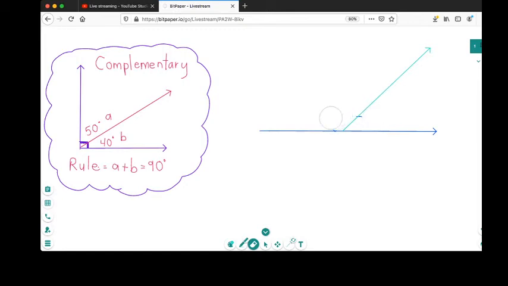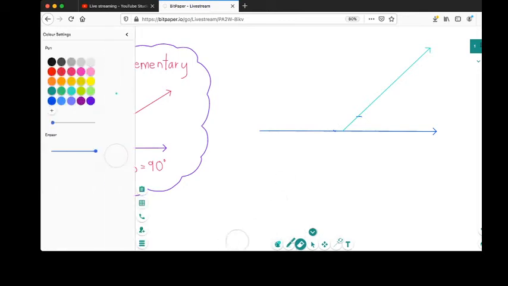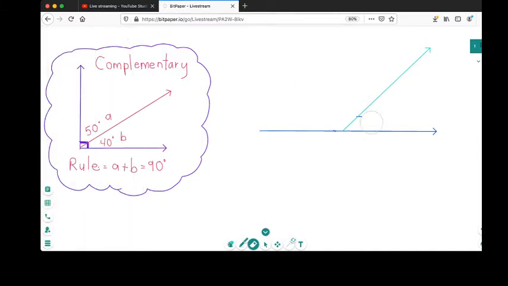Let's say that this one side is equal to, I don't know, 60 degrees, and over here, this side is equal to 120 degrees. So together, if this is angle A and this is angle B, then the rule for supplementary, which is spelled like this,